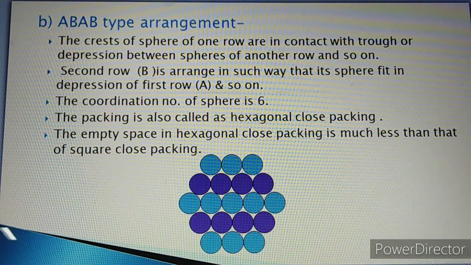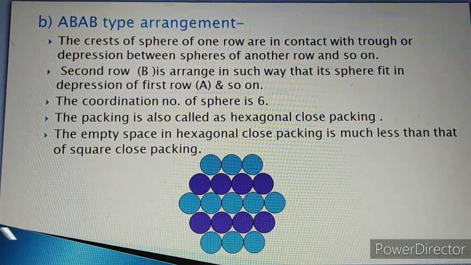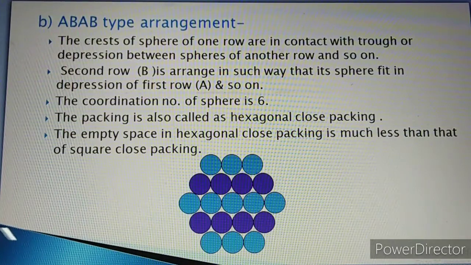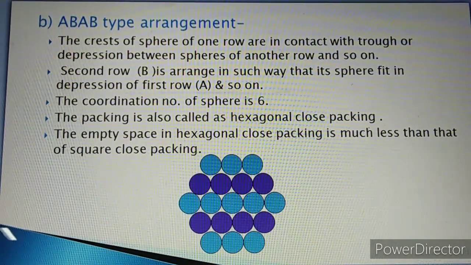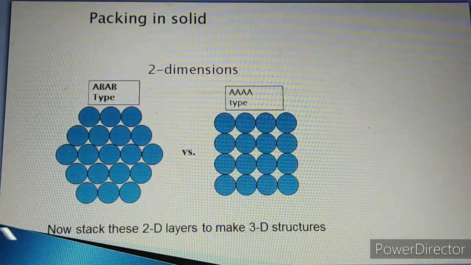So, this is the concept of two-dimensional arrangement of the constituent particles in crystal lattices. For two-dimensional arrangement, two possibilities are there: AAAA type arrangement and ABAB type arrangement. Generally, a note will be asked: write a note on AAAA type or ABAB type arrangement. Next concept is